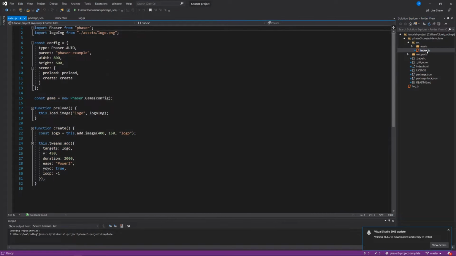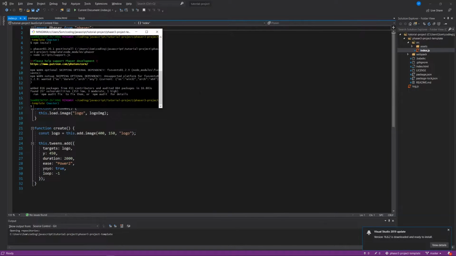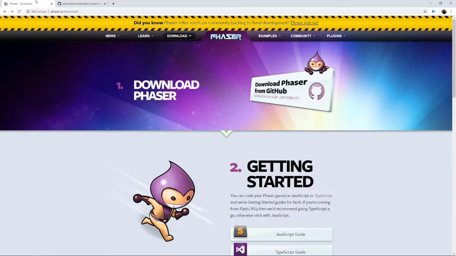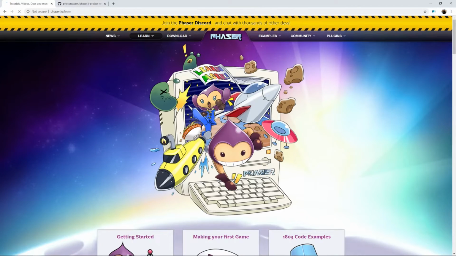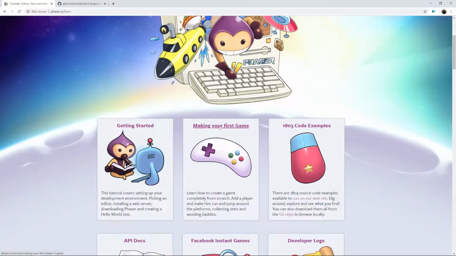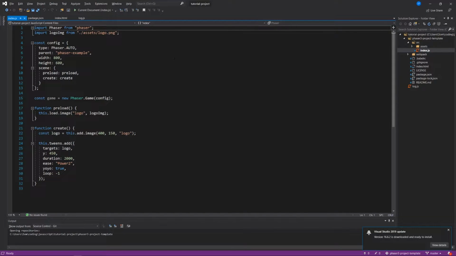If I go into the index.js file, we see, if you were going to follow along with the Phaser tutorial, if you were to go to Phaser learn and then getting started or make your first game, you'll see that this will look very similar to the code that you will generate in the process of making your own first game. We'll look at it one by one, line by line, so that we understand better,